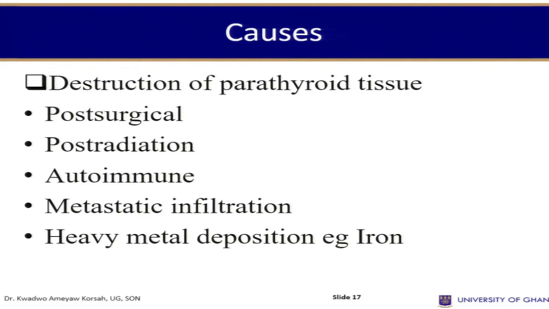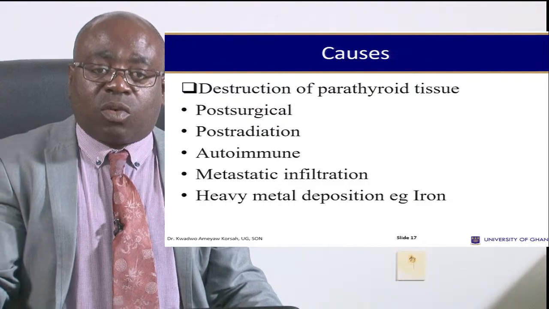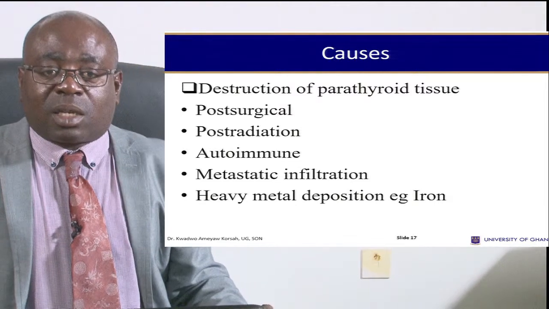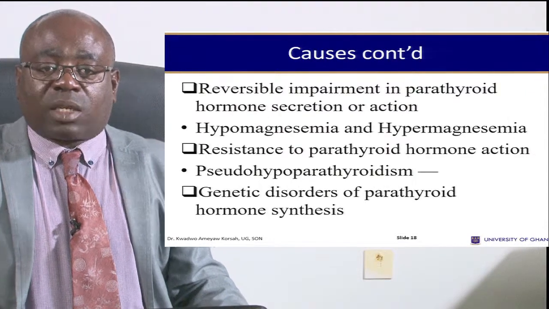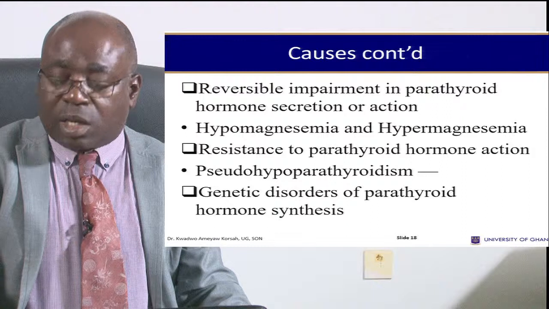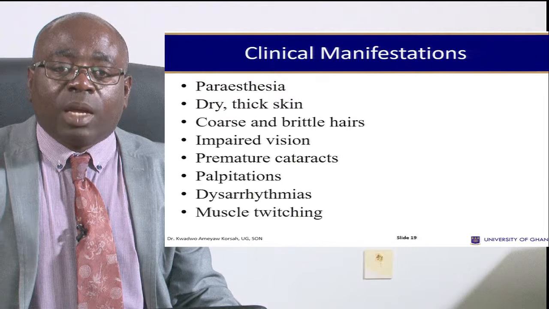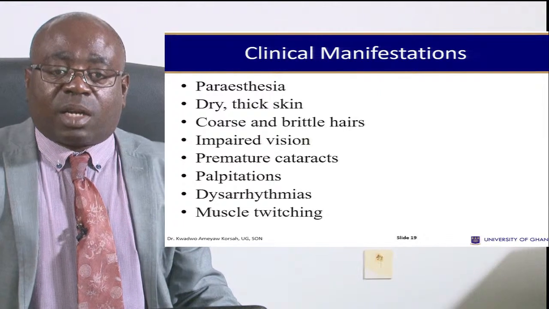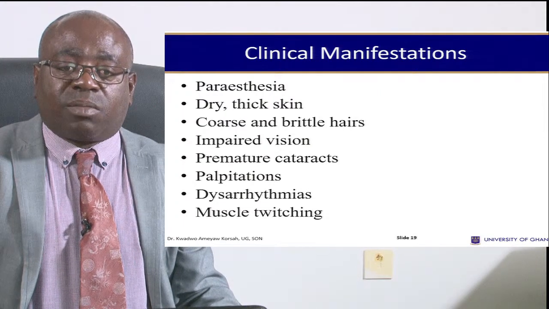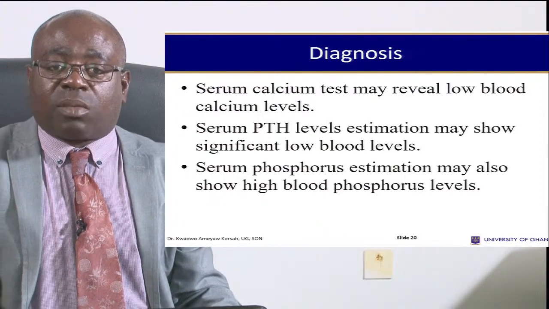the opposite. So just look at the destruction of the parathyroid tissue post-surgical, and then we can look at post-radiation factors, and autoimmune. We can also have metastatic infiltration and heavy metal deposition such as iron. These are some factors, and other factors are also here. And the clinical manifestations, we have dry skin, thick skin, coarse and brittle hair, impaired vision, premature cataracts, and palpitations. We also have arrhythmias and muscle twitching in the individuals, and then diagnosis points are serum calcium test,